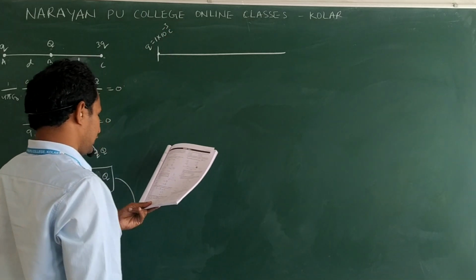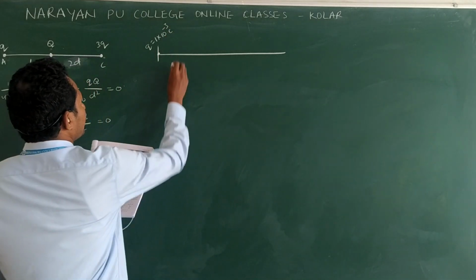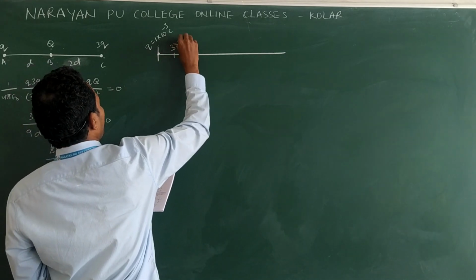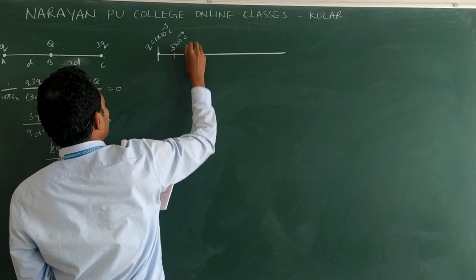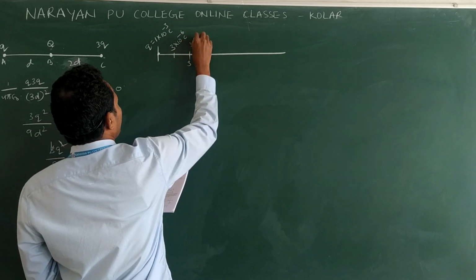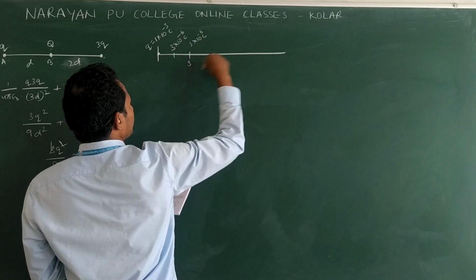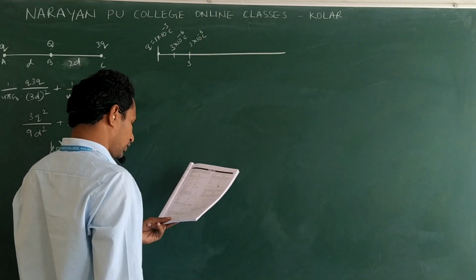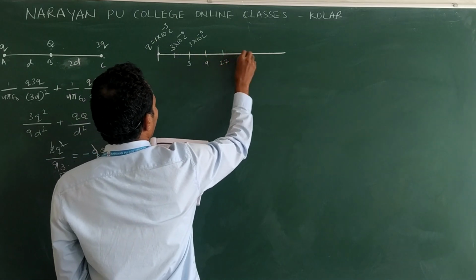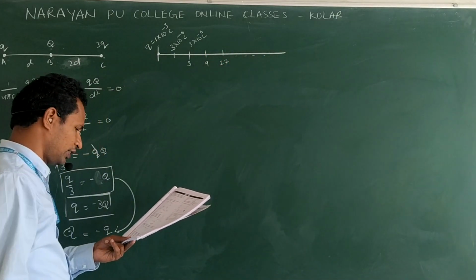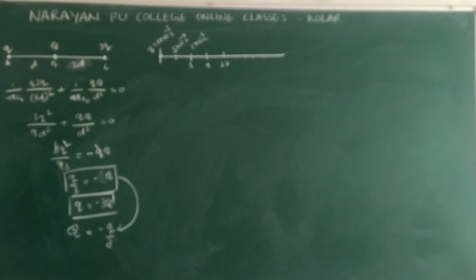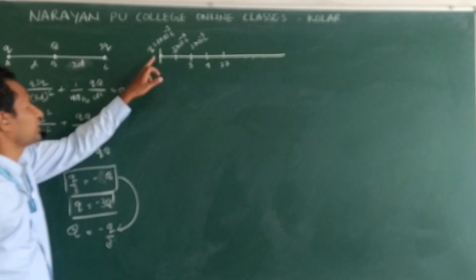And next, x is equal to 1. Here they mentioned they place 3 into 10 power minus 6 coulomb. Next, 3. Again 3 into 10 power minus 6 coulomb. So on. Clear? Like that. Next 9, next 27, like that they placed. They are asking the net force on the charge placed at the origin, Q.